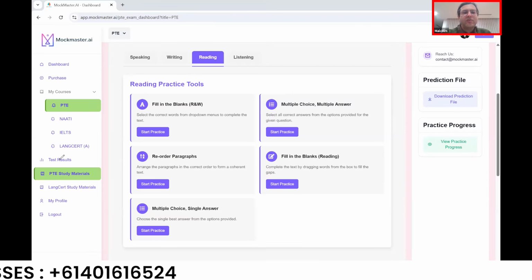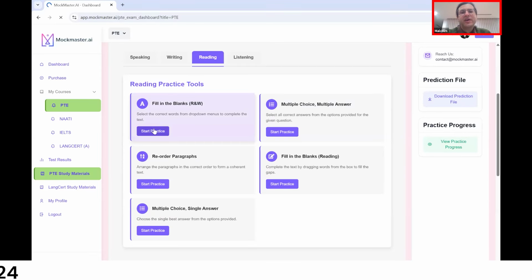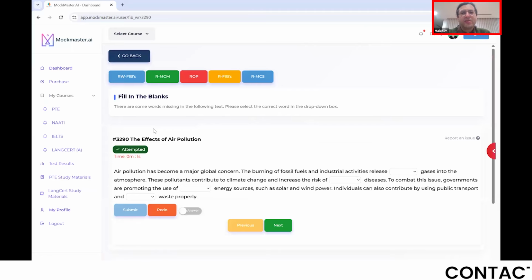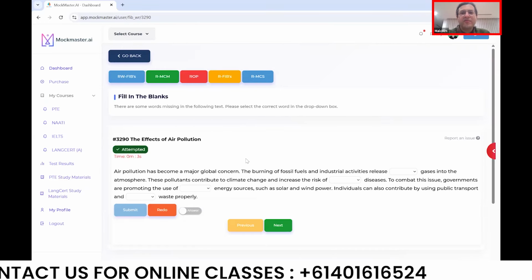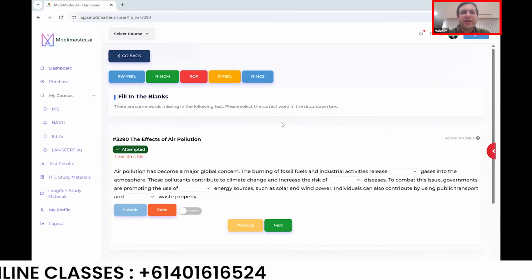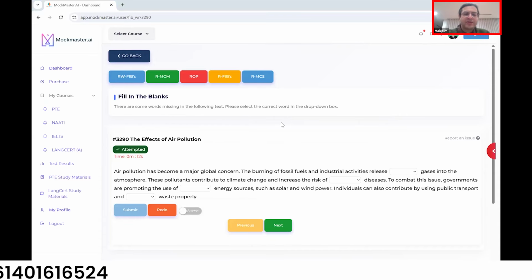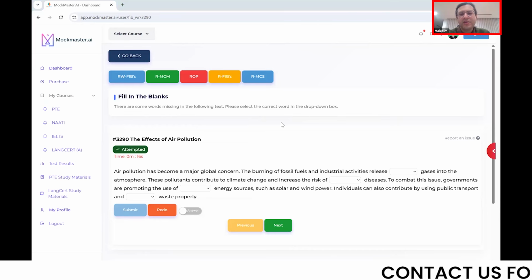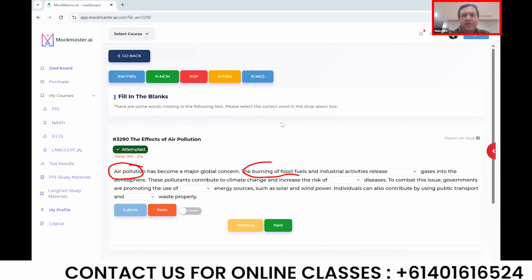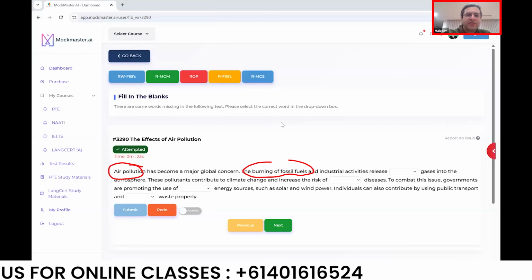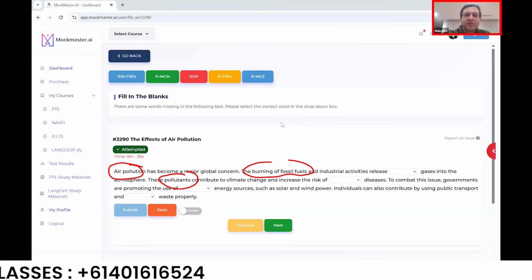Now, if we talk about the approach, let's start with fill in the blanks, reading and writing. What I personally recommend everyone to do is, even before you read the passage, try to understand very quickly the main words in the sentences. Air pollution, burning of fossil fuels, pollutants, risk, promoting,